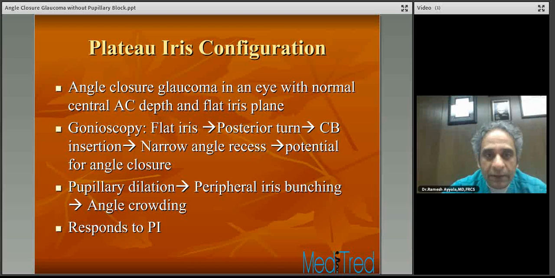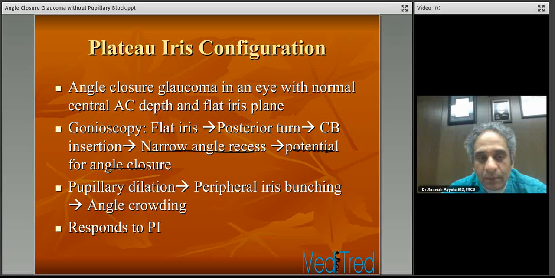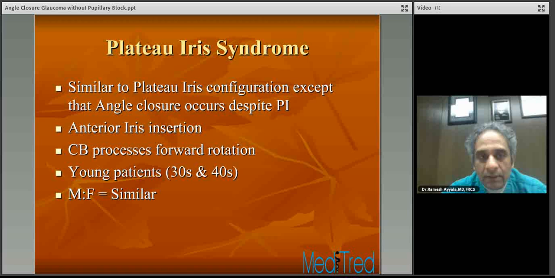So what is the difference between configuration and syndrome? Angle closure glaucoma in an eye with normal central AC depth and flat iris plane. On gonioscopy, you will see that the iris is flat. There is a posterior turn and it's inserted into the anterior portion of the ciliary body. They have a narrow angle recess, and there is a potential for angle closure. When you dilate these eyes, you will see peripheral iris bunching, leading to angle crowding and pressure spikes. Now, these patients respond to a peripheral iridotomy using the YAG laser,